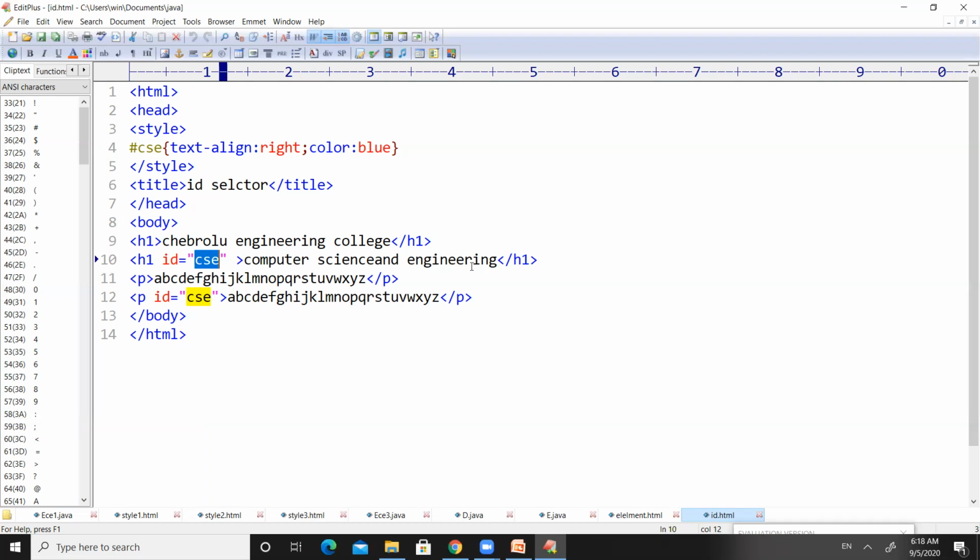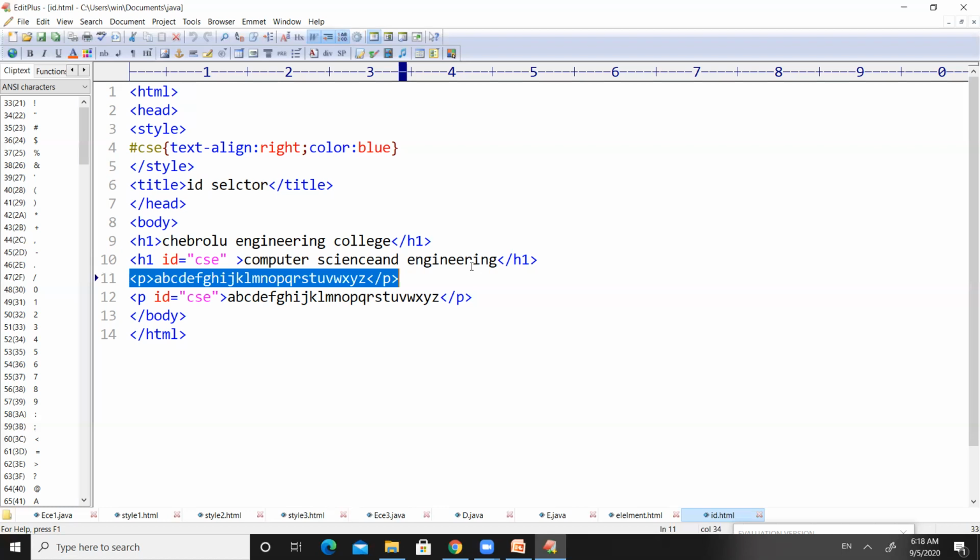Not only for H1, we can also use the same ID selector for the remaining tags. If you observe the next statement in the program, we have used a paragraph tag and mentioned A to Z alphabets. These will be automatically aligned to the left because the paragraph default alignment is left and the default color is black.